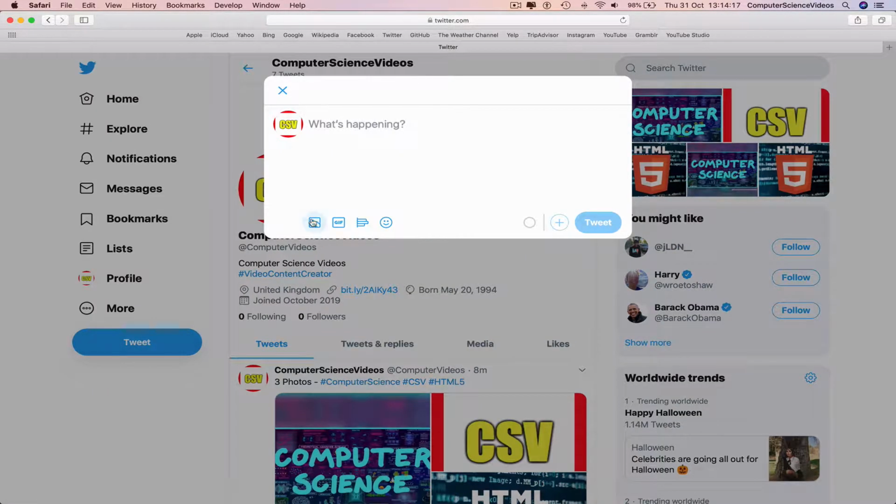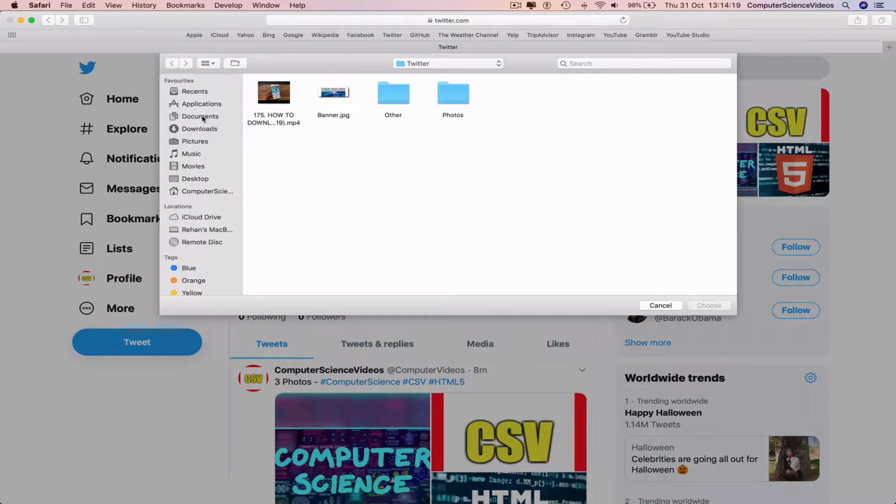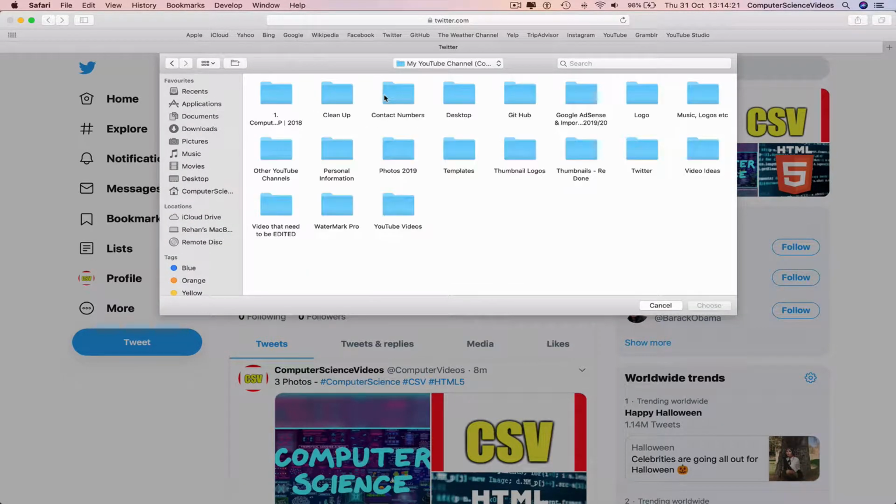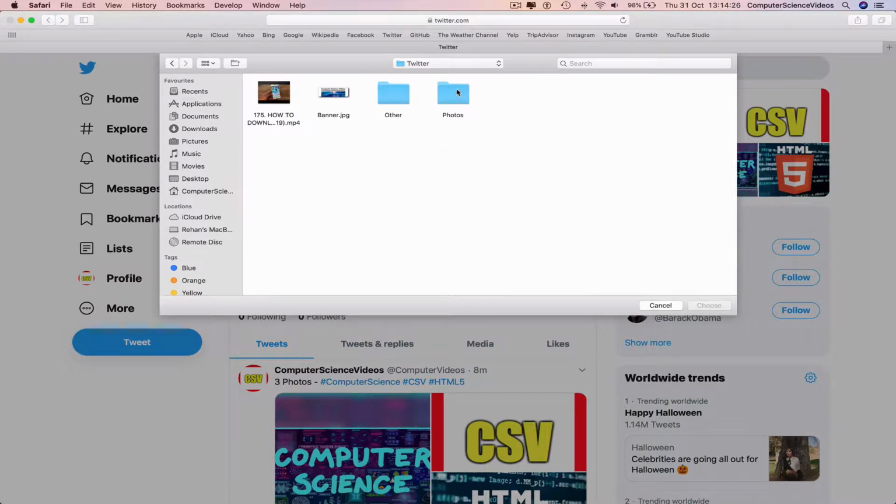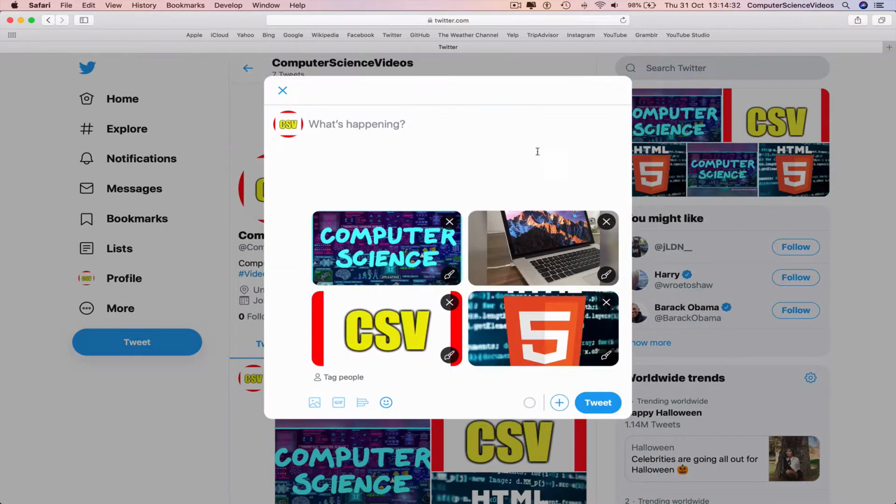And then click on photo, go to documents, go to my YouTube channel, go to the Twitter folder, go to photos, and now we see 4 photos. Highlight all the photos, click on choose, and then the photos have been uploaded to the tweet, and then write the caption. 4 photos